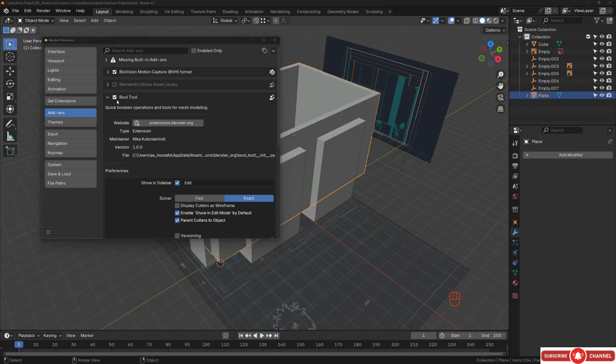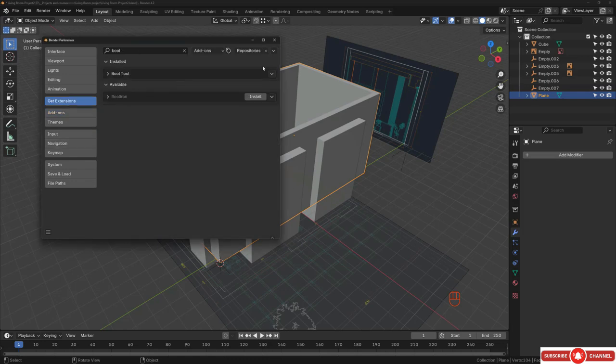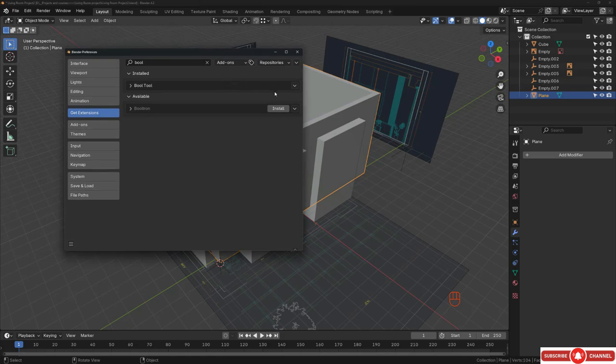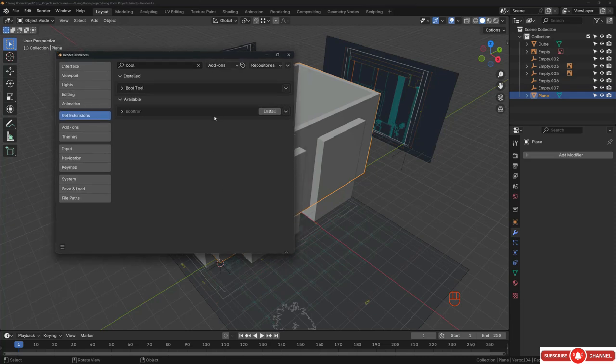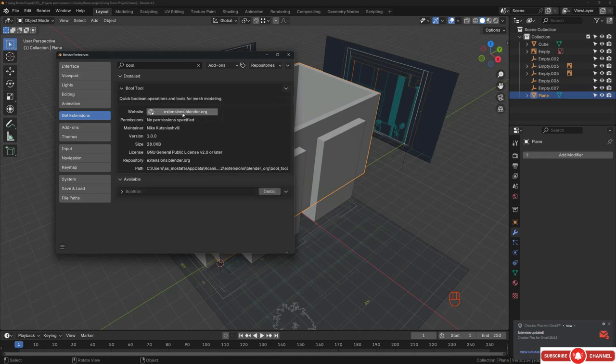In the previous version, this add-on comes with Blender, but with this version you should go to the get extension and download it. Sometimes when you hit install, the browser will be opened on a certain page, and after that you need to click and drag the add-on and drop it inside Blender to install it. I will give you an example. If you open the add-on, you will find this link,